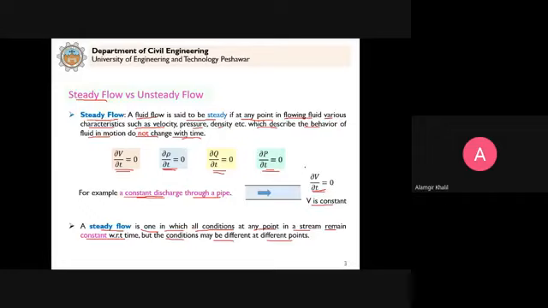For example, you consider this is now a pipe, or in a natural stream or river, normally you have. If you take one cross section, let's say XX, clear, at this point you have a discharge. This discharge is the same with respect to time. So we have